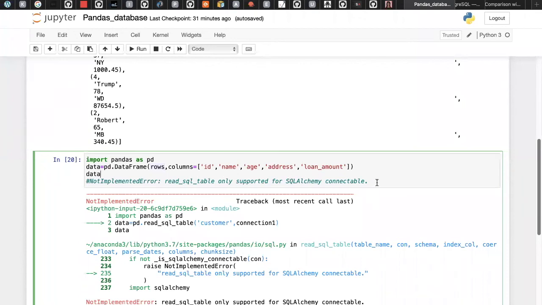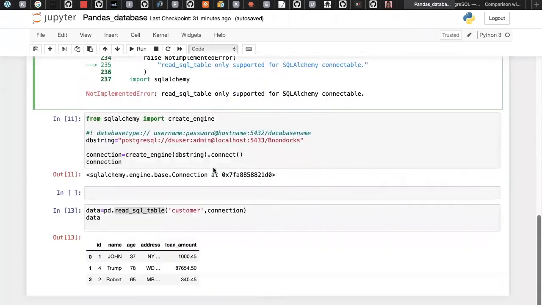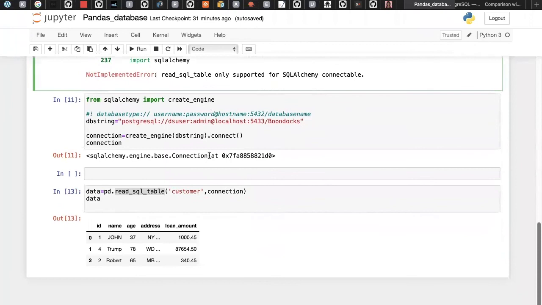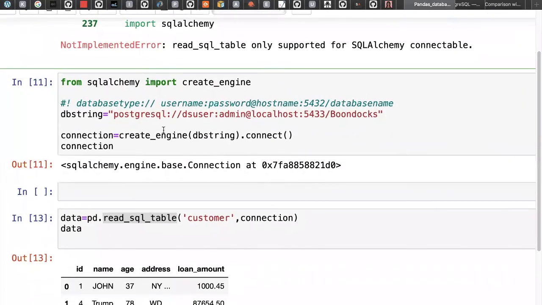But this is a hectic job when you're doing real-time projects, because we are going through a lot of data, and there will be so many columns, not like 5 or 6 columns. So in that case, this is not the preferred approach. So we have to go with SQLAlchemy, which is one of the best approaches to deal with